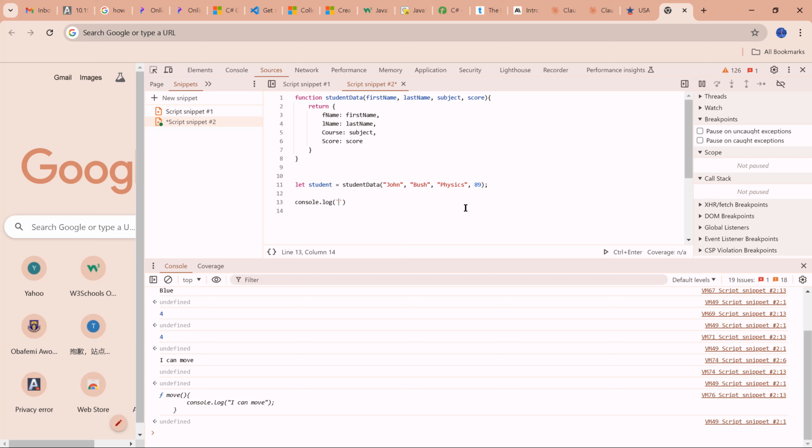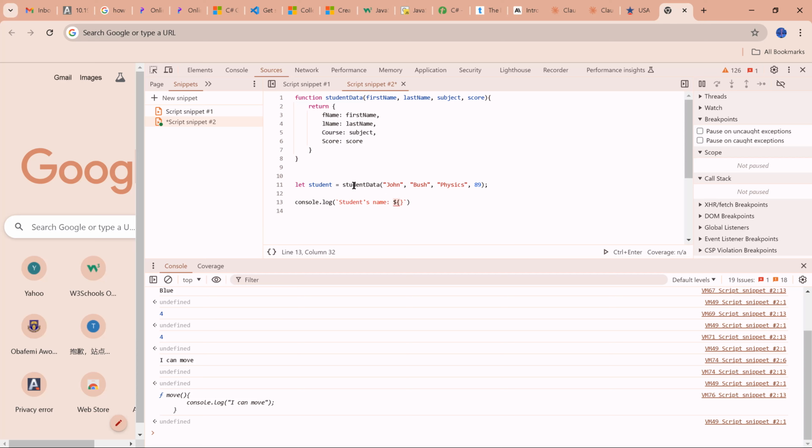I will say student's name is, then I will use the placeholder,